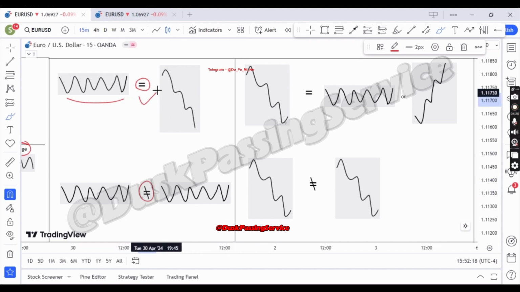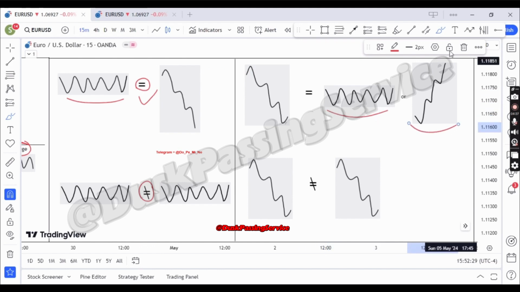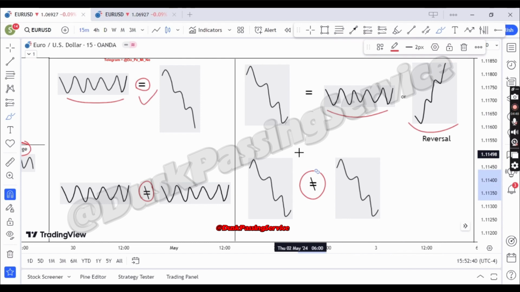Similarly, after an expansion profile has ended or occurred, we can only have three possible outcomes, which are a retracement, a reversal, and a ranging profile. That means after an expansion has occurred, we cannot have another expansion, right? We cannot have another expansion right away after the expansion profile has ended, right? First we're gonna either wait for a retracement or a range to form